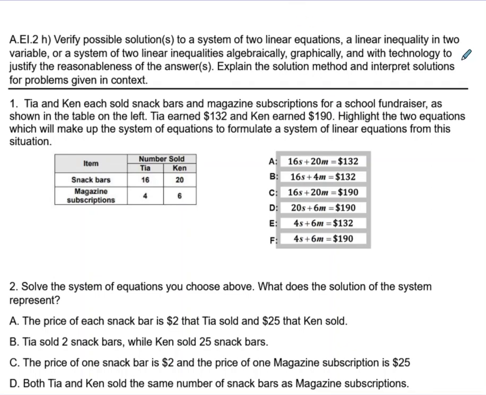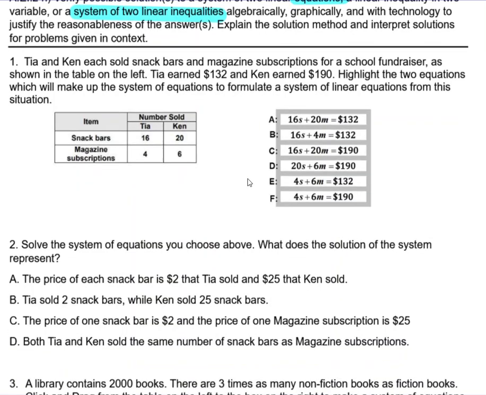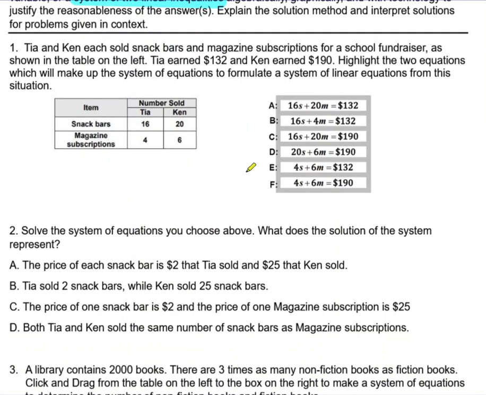Alright, in this video we'll look at systems of equations or inequalities and equations as well. And then basically they're just word problems, okay? Tia and Ken each sold snack bars and magazine subscriptions for a school fundraiser as shown in the table below,